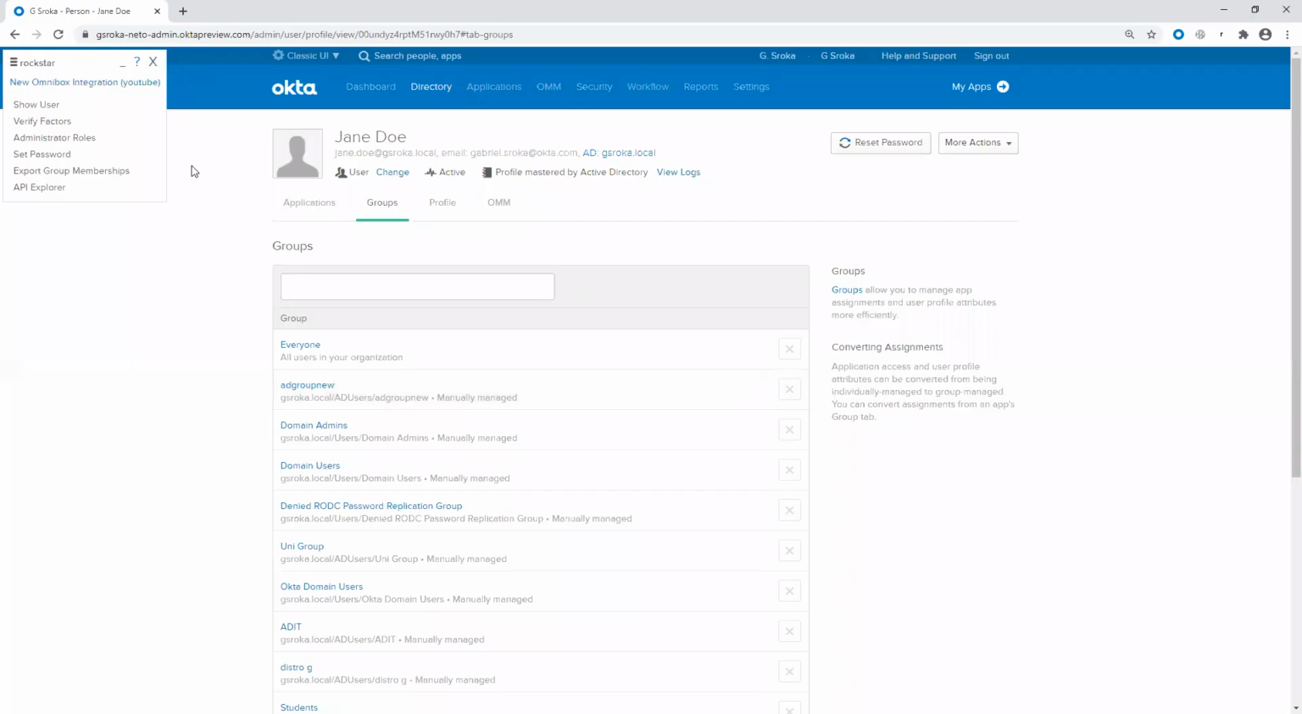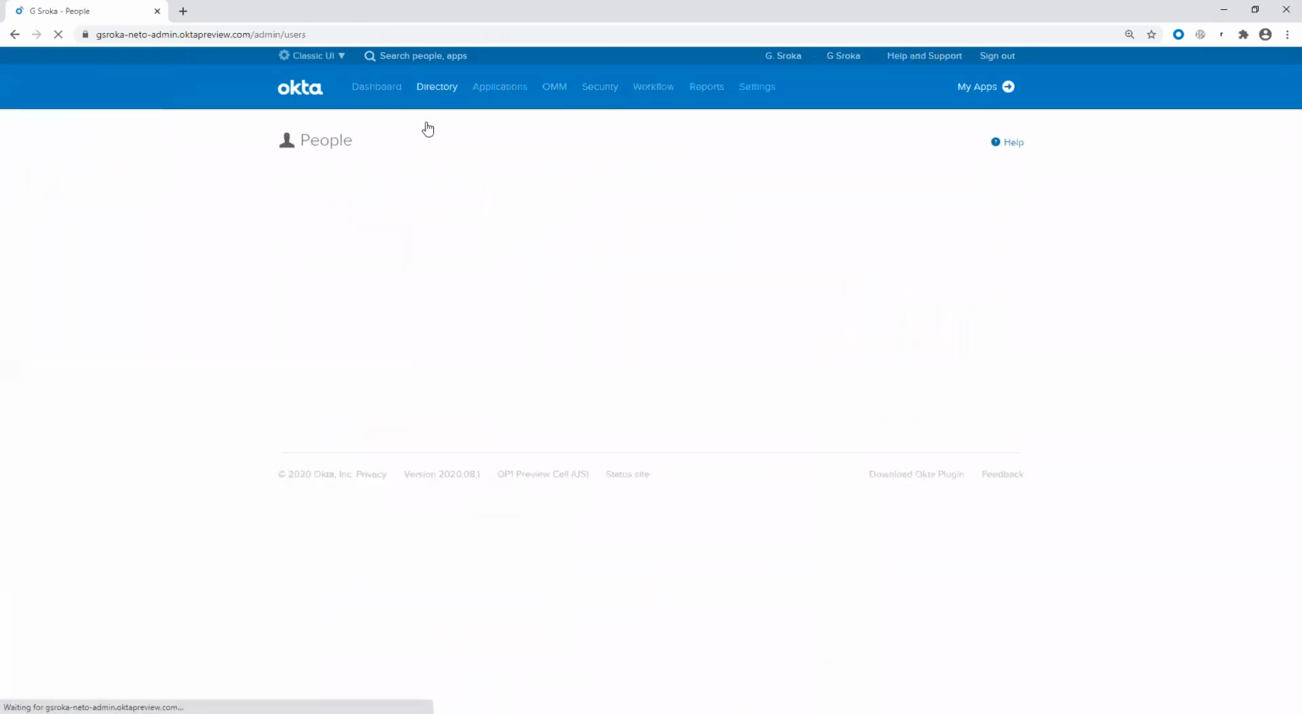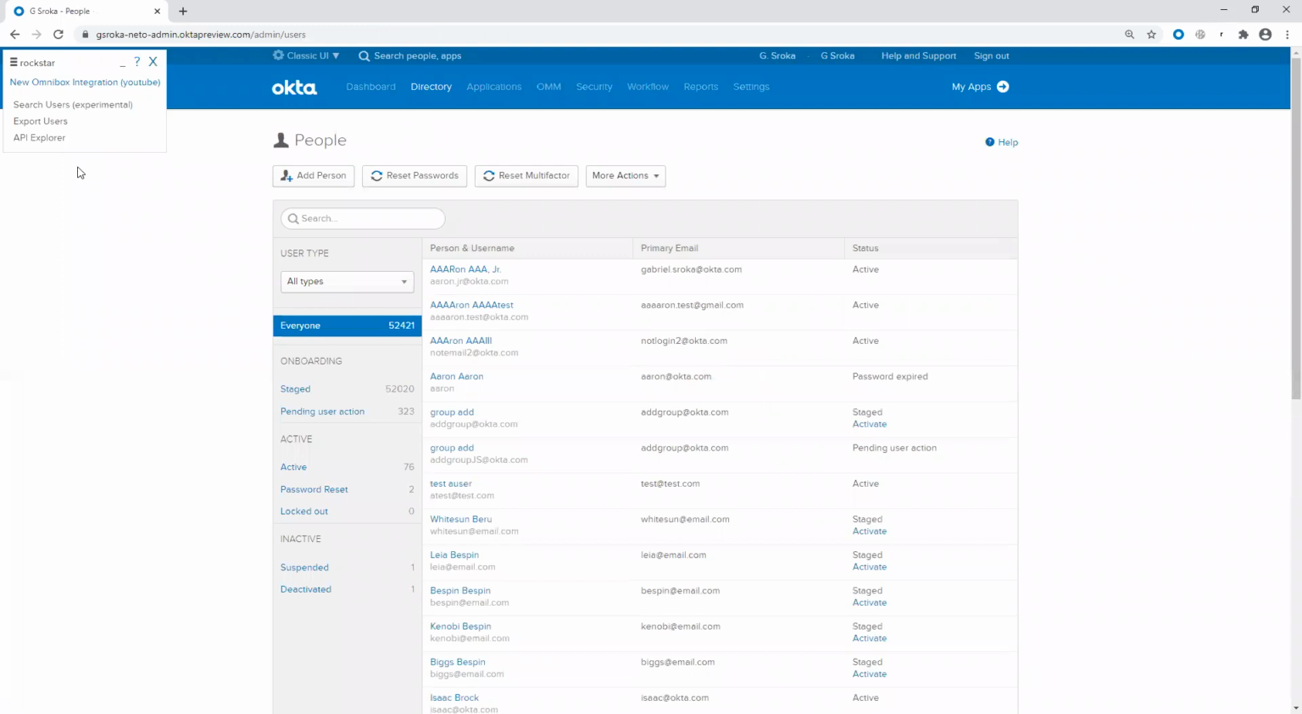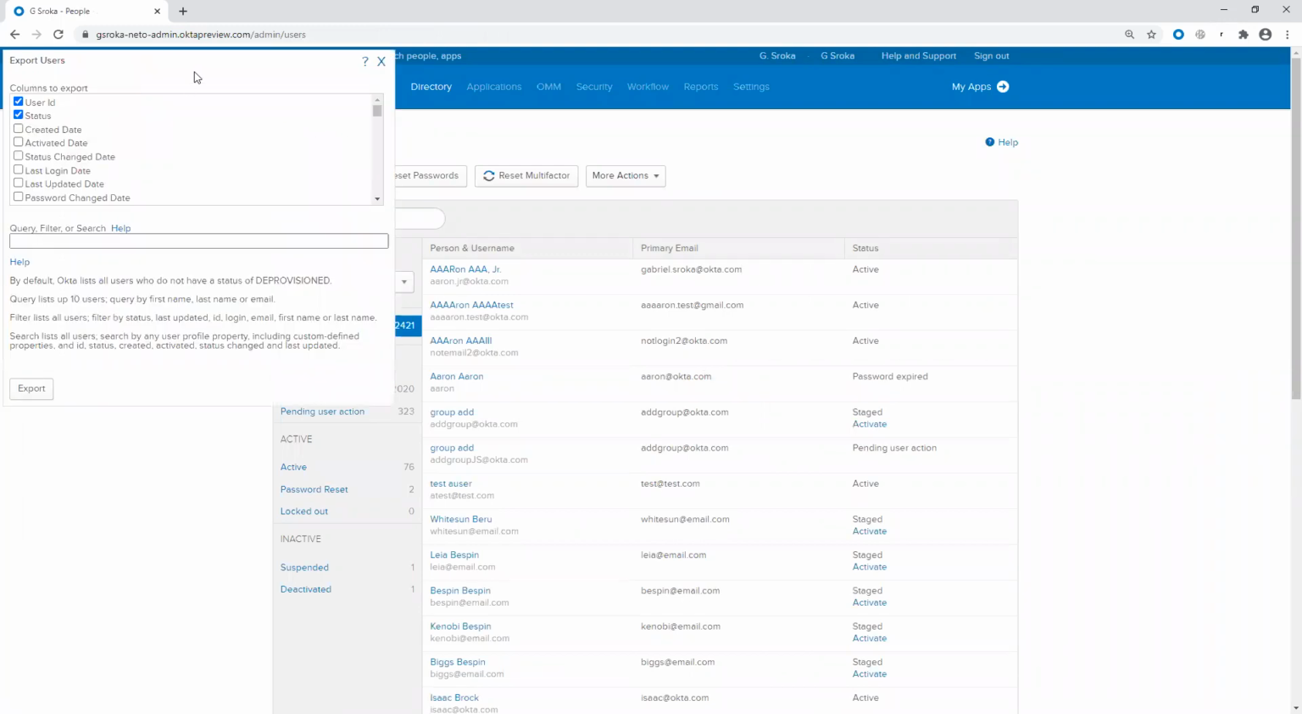So similar functionality you'll find if we navigate back now to directory people. Same thing, I have an export users button. Now one of the things that this does is it actually calls the Okta API. All of Rockstar really is built on top of Okta APIs. So it will show you all the attributes that are in your particular tenant,